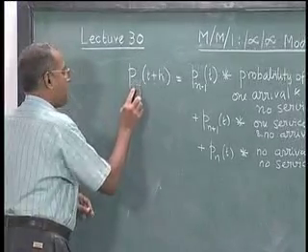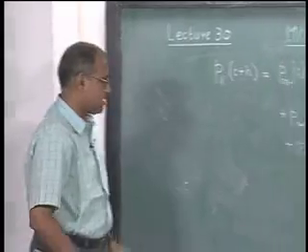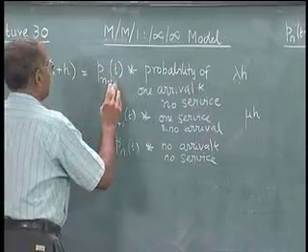Now, probability that there is one person in the system at time t plus h will be probability that there are